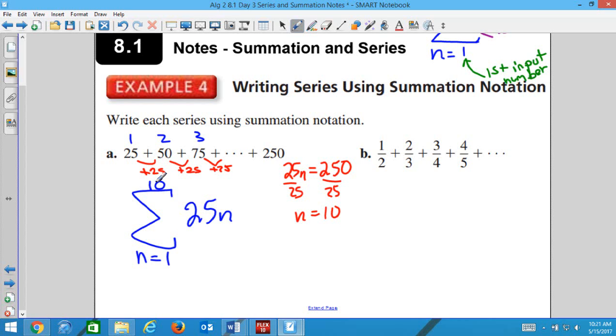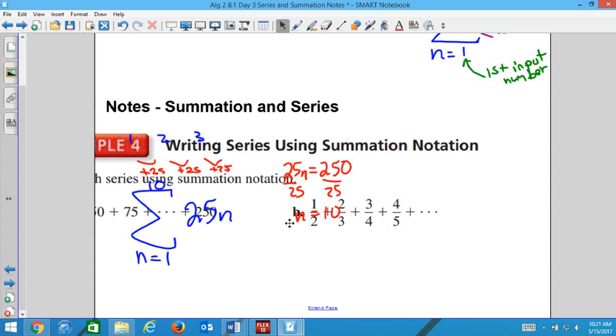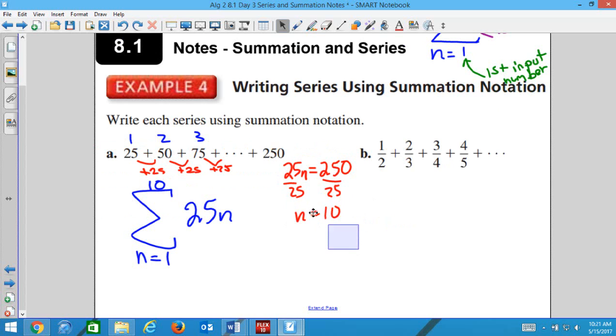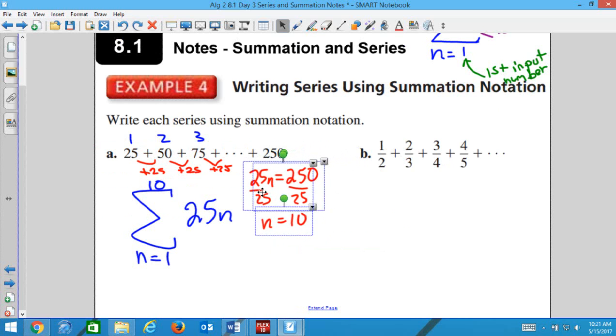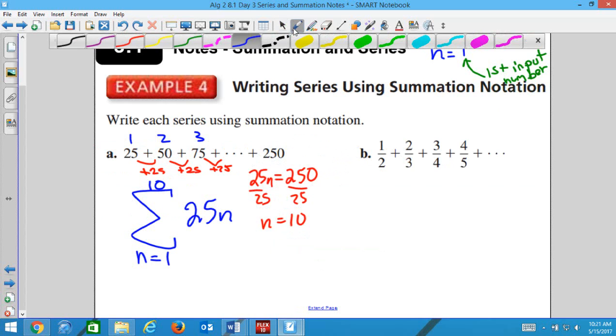Okay, next one. Oh, so that's it, by the way. Everything in blue, that's the final answer. So the part in blue is the final summation. Next one is